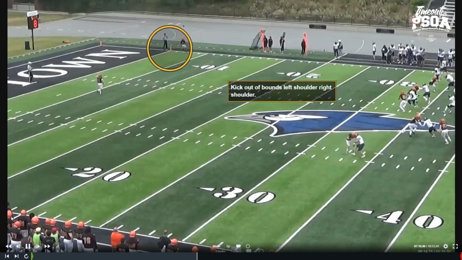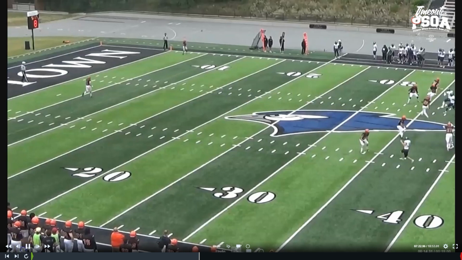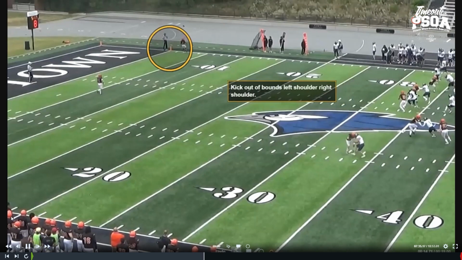Okay, this is just excellent. This is exactly where we want to be. Kickoff out of bounds, ball bouncing. So I'll go back a little bit, and he's just right on that line, diagonal. He's got the pylon splitting his waistline, and the ball goes over the left shoulder in this case. If it goes over the right shoulder, we are going to be out of bounds, a touchback.